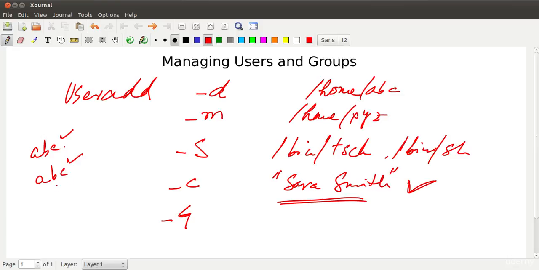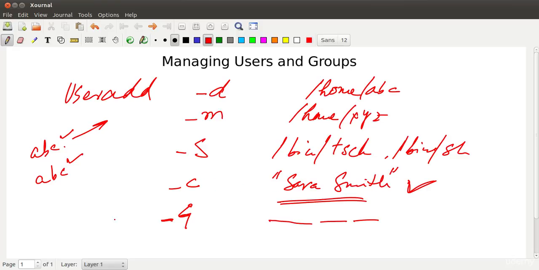But we can associate this user ABC to a different group or multiple groups using the capital -G flag. But remember that once we define the -G flag and the groups that we define over here, a user will belong to those groups only. Just remember this thing, because